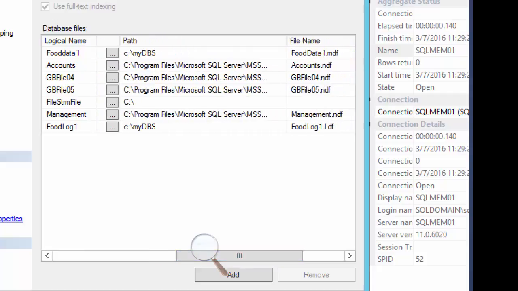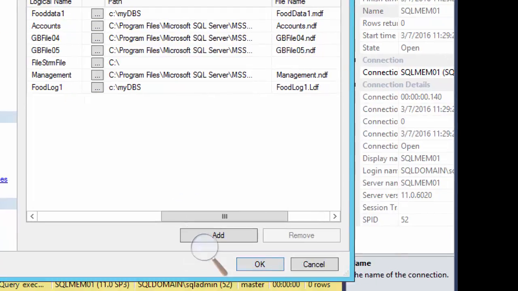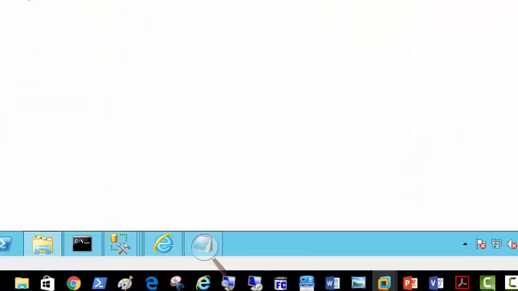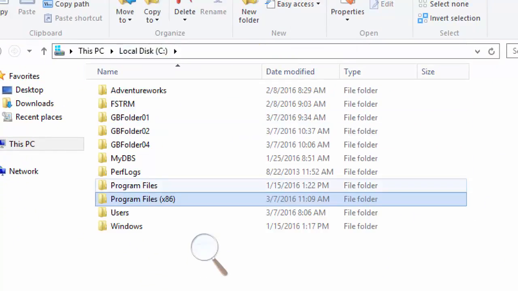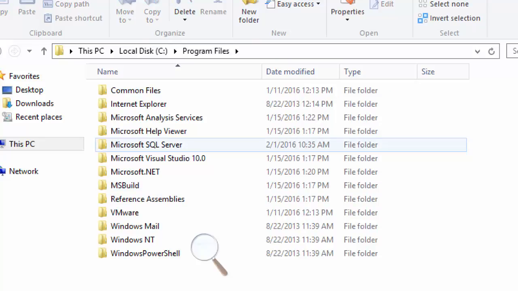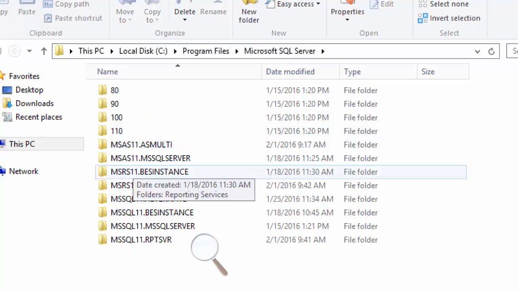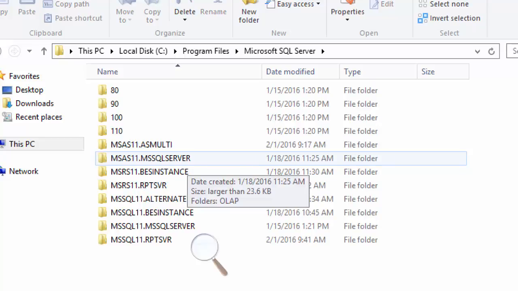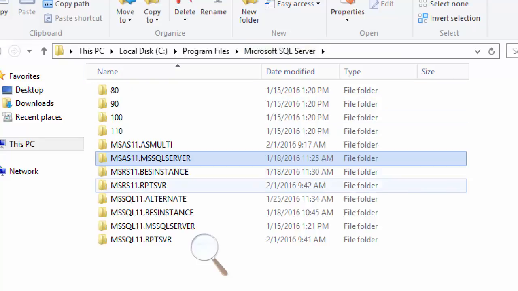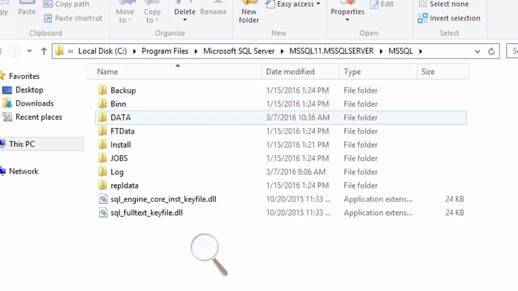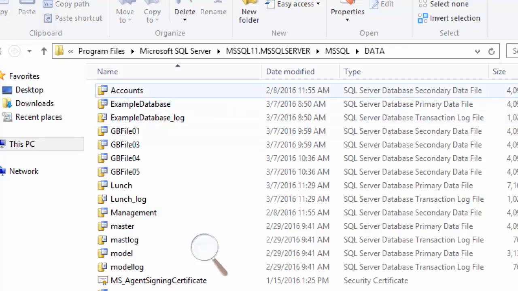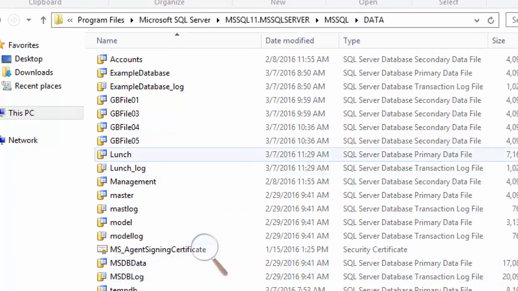So it's not the program files x86, it's just the program files, then SQL Server, then MS SQL Server. Okay, got it. So if I go back now, I was in program files x86. Let's not go there. So program files only, SQL Server, and then there it is. So MS SQL Server, there is one instance there, but we're not going for the first one. It has other files, the down one. Here MS SQL, and the data, and the lunch database is here, right?